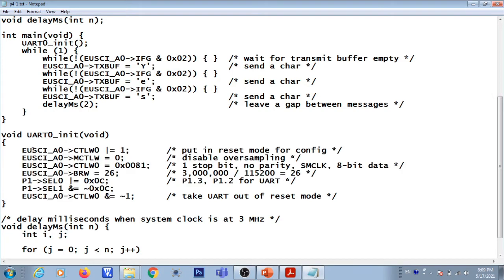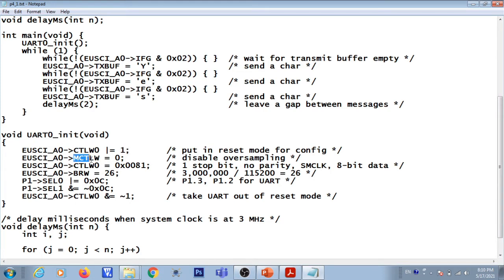First of all, you are writing A0 control word 0 OR equal to 1. What does it mean? The 0th bit you are configuring as 1 in order to put the UART in reset mode of operation. We have already seen that the control word 0th bit needs to be 1, then only you can perform the remaining configuration.